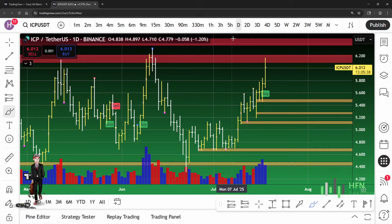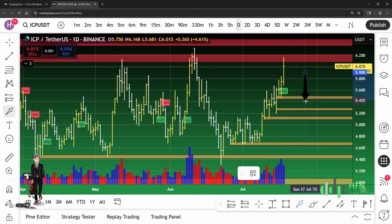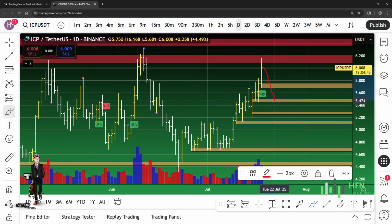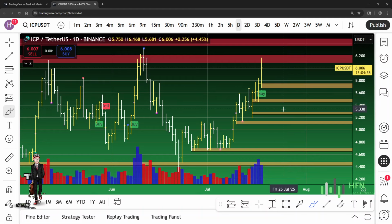We already have created areas though that we need to see that occur, that buyers are still interested in ICP. Okay, so you might even put one right here from today. Now, the sooner we do see price come down and bounce off a pocket, the stronger price is. If we don't see ICP hold this first buy pocket, this second one, this third one, then you might can say, yeah, we might come all the way back down to 471. So we need to see at what point will ICP buyers